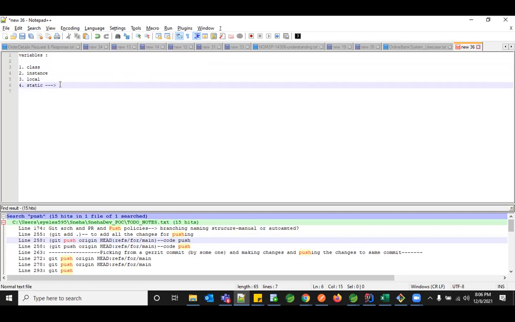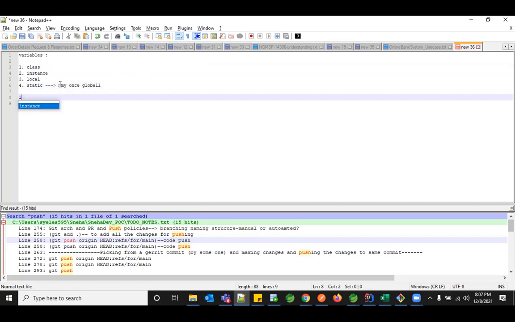So why do we need static? The memory will be allocated only once at a global level, so you don't need to explicitly create the value often. For example, I'm doing an increment operation: int count equal to 0. Right now I have just created a variable without any static keyword. If I have the static keyword, my value is globally accessible.